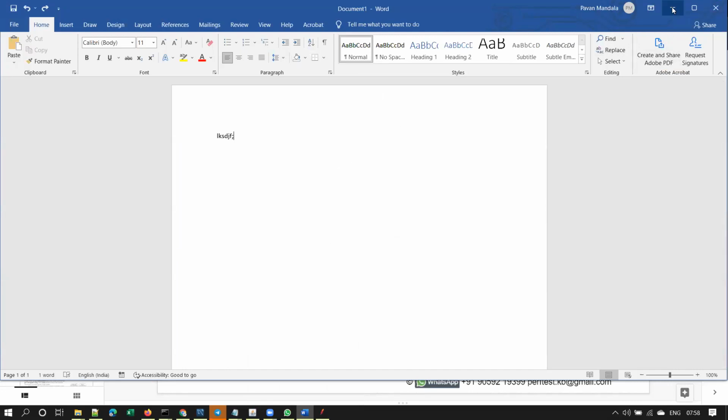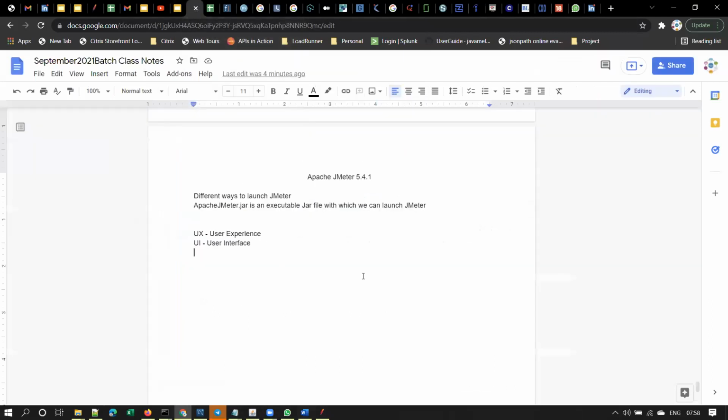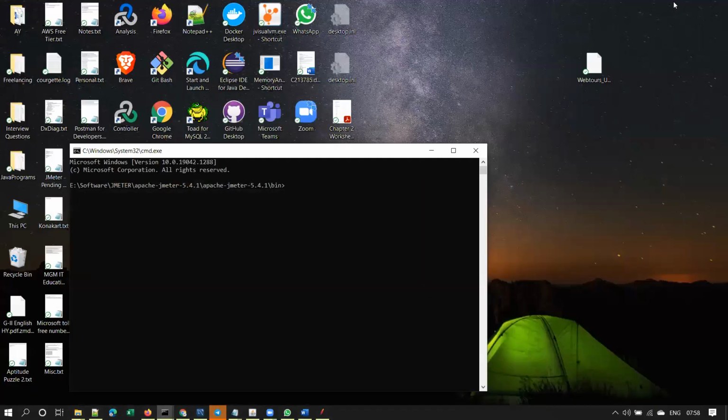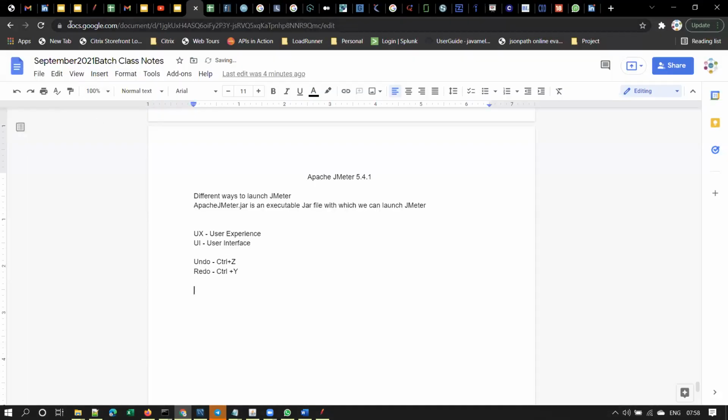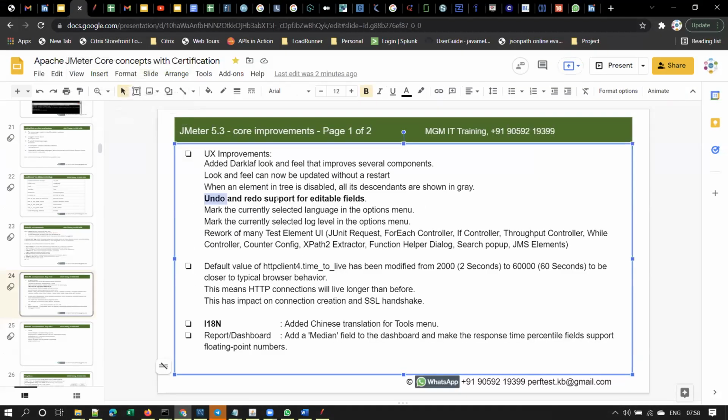You can note it down. Undo is Control Z, and redo is Control Y. Understood what undo and redo are? Now, in the previous versions, you don't have this undo and redo option by default.